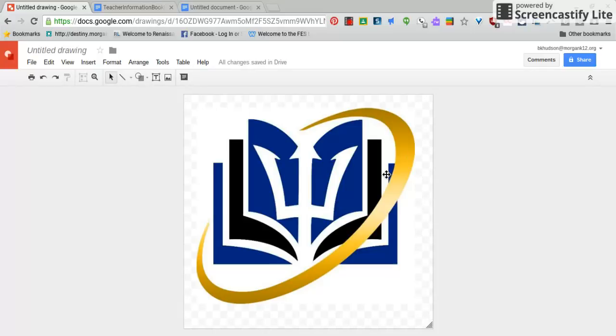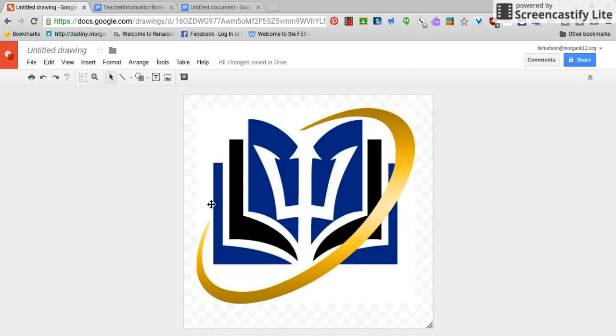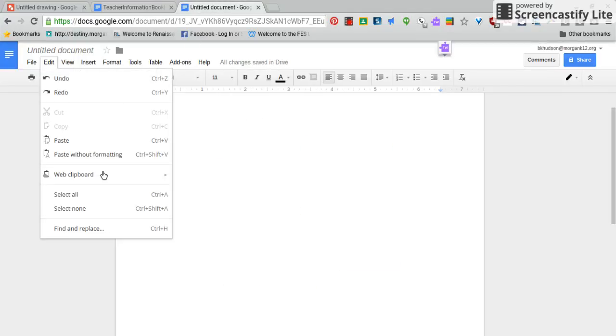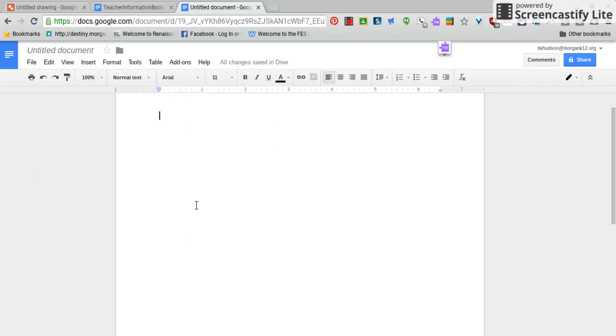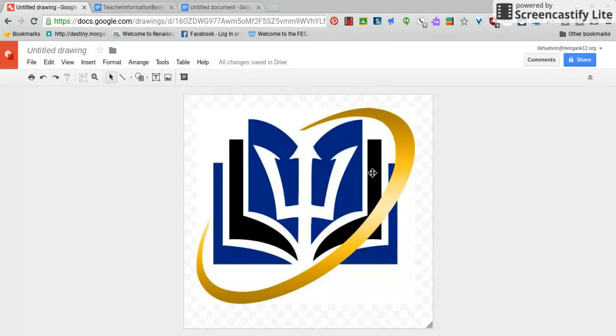So if I want to use my drawing in another product, what I would need to do is to go to the Edit button and copy this whole drawing to the web clipboard. Once I open my Google Doc, I can actually paste that entire drawing into my doc. Now, this doesn't look as neat because you're seeing this as just my logo. However, when I'm working in drawings, I can actually then